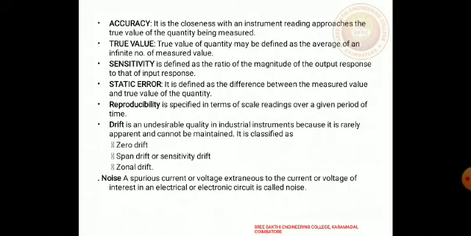of true value. Point accuracy: such accuracy is specified at only a particular point of the scale. Accuracy as percentage of scale span: when an instrument has a uniform scale, its accuracy may be expressed this way. And last one, accuracy as percentage of true value. The best way to convey the idea of accuracy is to specify it in terms of the true value.